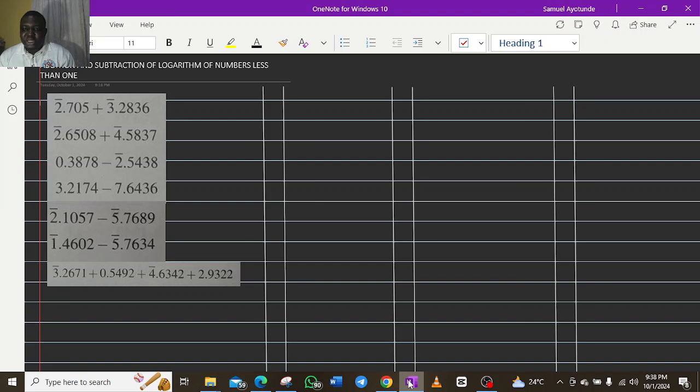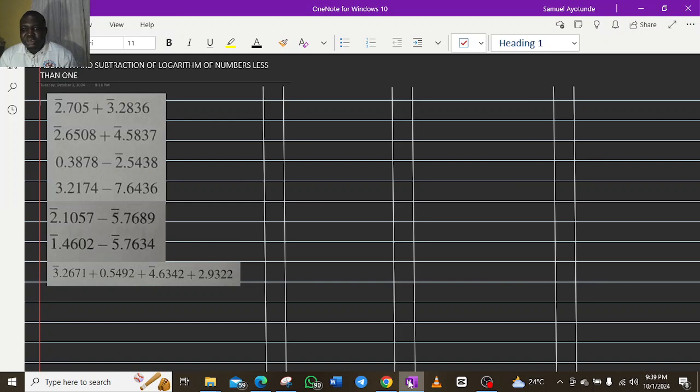So if you just got to this video and you still have issues on finding the logarithm of a number, please check out the previous video on logarithm of numbers so that you understand how you can find the logarithm of numbers using your 4-figure table. So today we are moving ahead to how we can add and subtract logarithm of numbers less